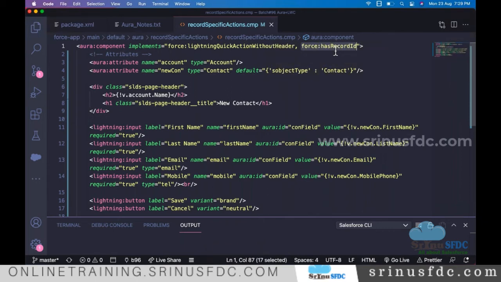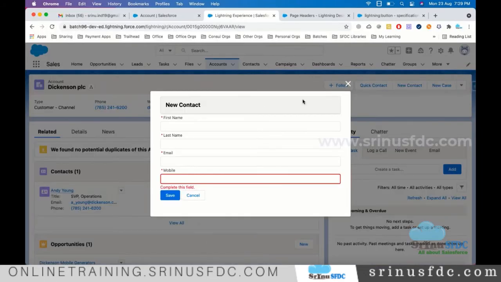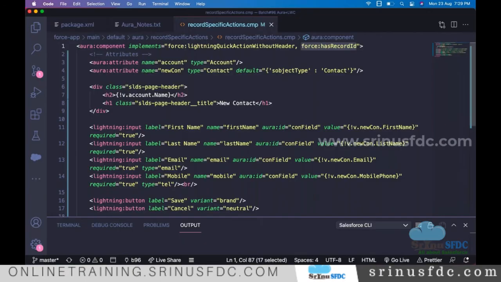No need to really mention explicitly from our side. So in this interface, the system already defined an attribute with the name record ID. Into that record ID, whatever account we open, that ID will be stored. Based on that, I want to query and see whether the account is present in the database or not.